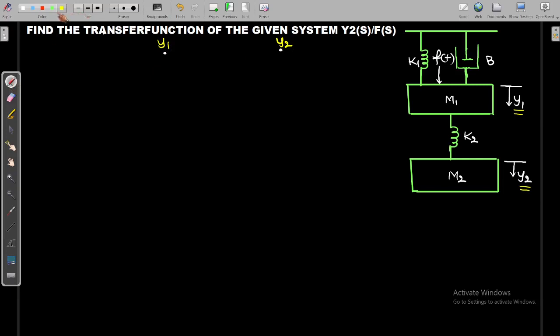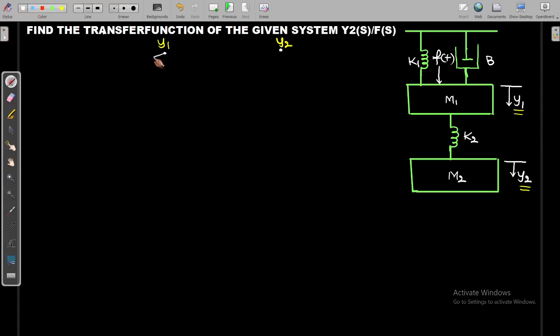After that, you have to connect all the elements that are connected to each node. First you connect the masses, after that you connect all the other elements with respect to the reference, and the last step is that the force should be directed towards the node. Okay, so let us draw the diagram here.